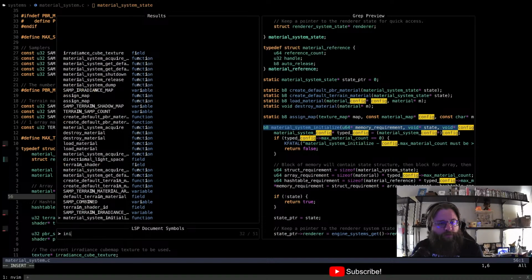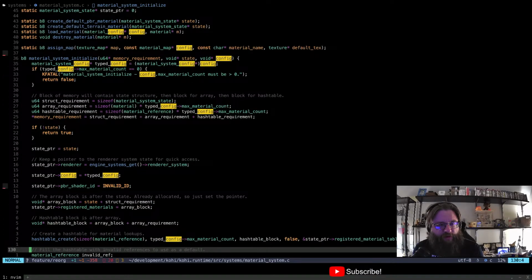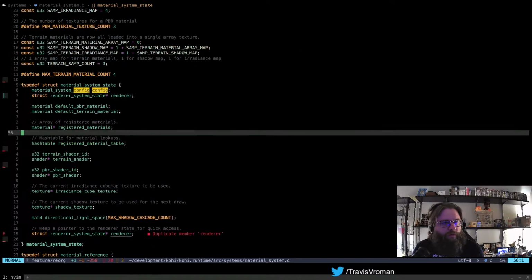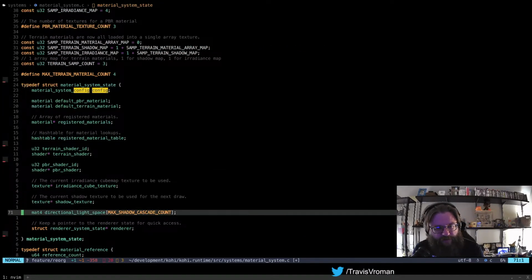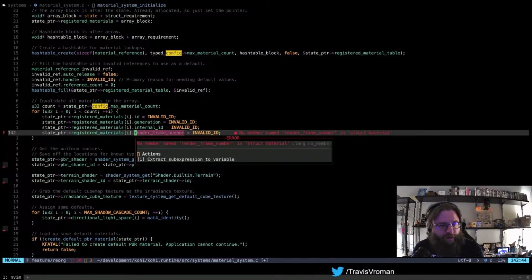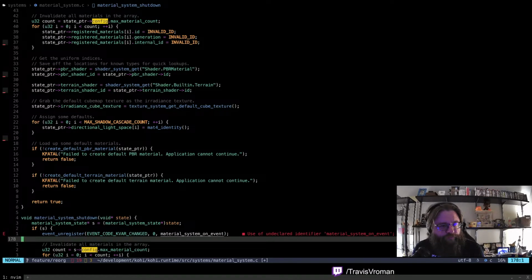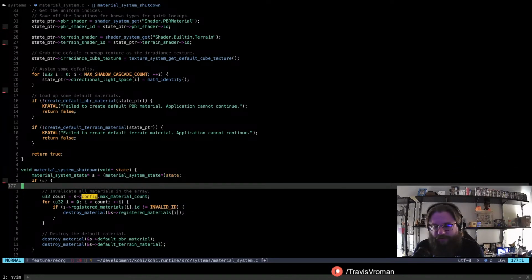And let's do material system initialize after we set up the state pointer. Oh, we already had that here. Where do we put the, oh, it's down here. Okay. All right, well then in that case, this becomes really easy. Render frame number, that can go away. Okay, shut down event unregister, so that no longer exists here. That can go away.